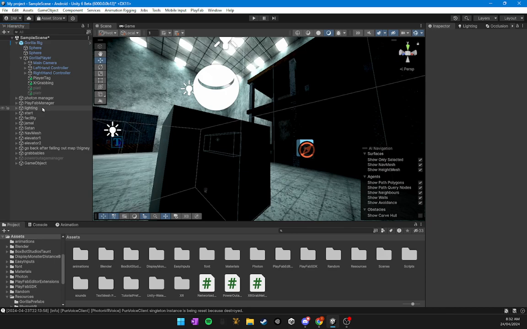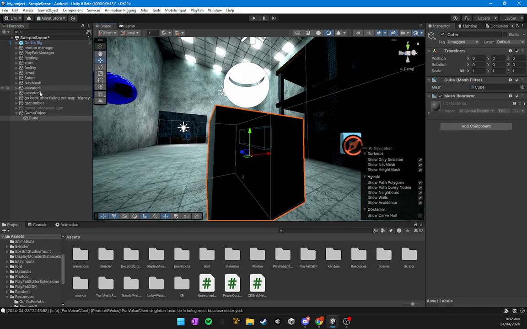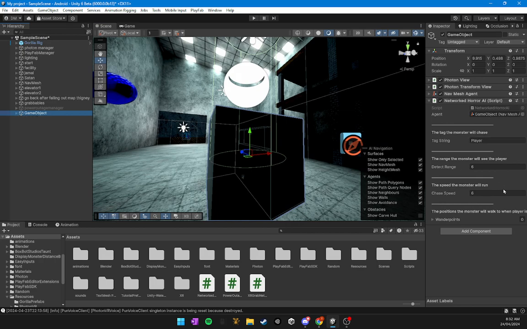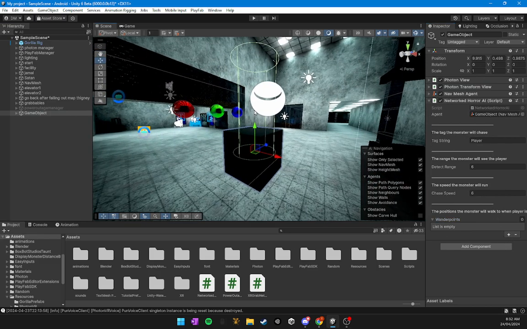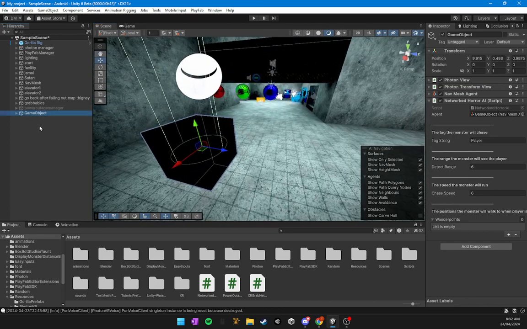Once you do that, you are going to make sure that's 100% player. Then chase speed, 6. Just copy all these, and then wander points. And this is a point-based AI, so it wanders around in certain points you set. So for an example,